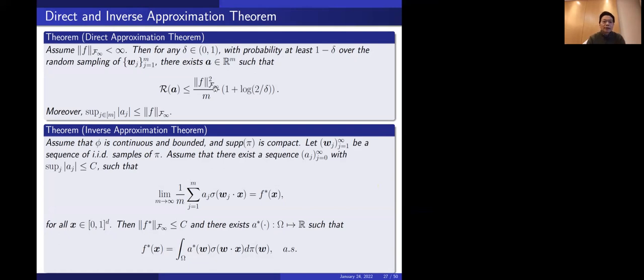So this is the direct approximation theorem, saying that the approximation error goes pretty much like a Monte Carlo rate, except for